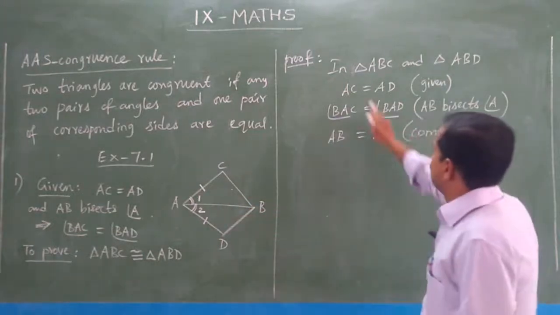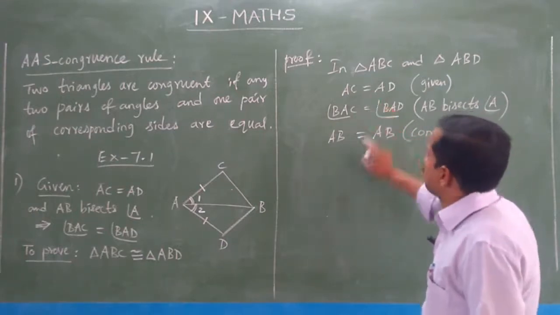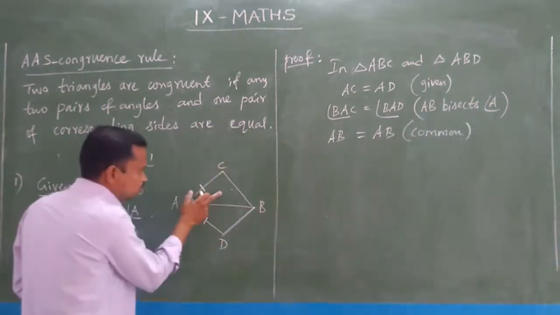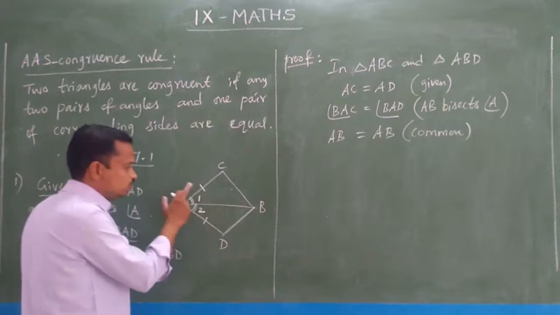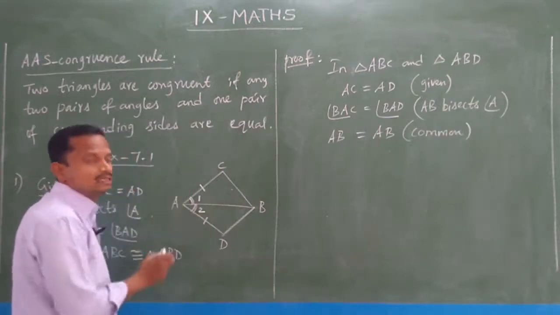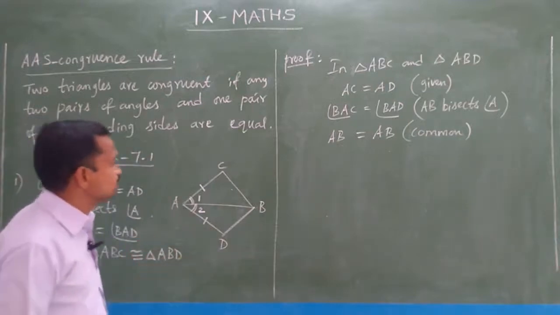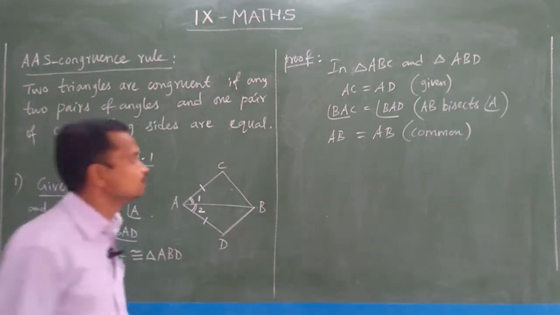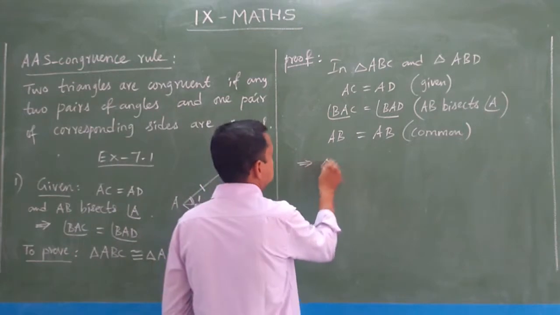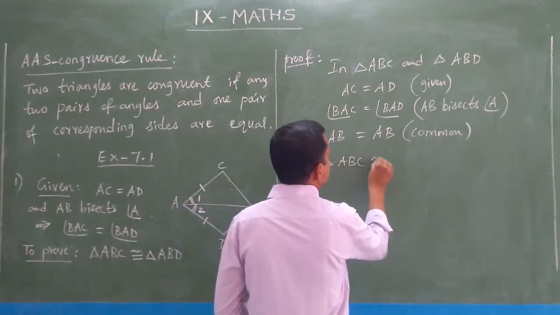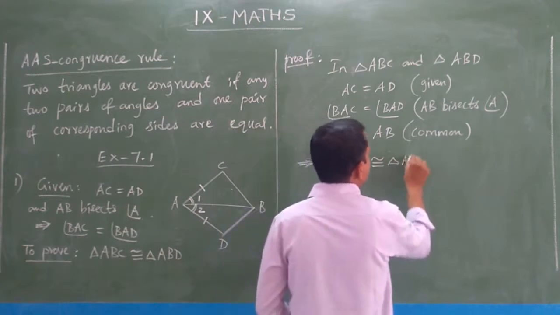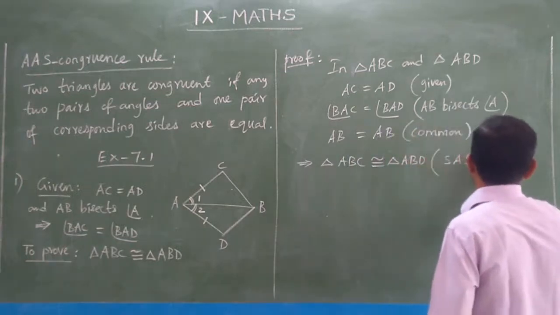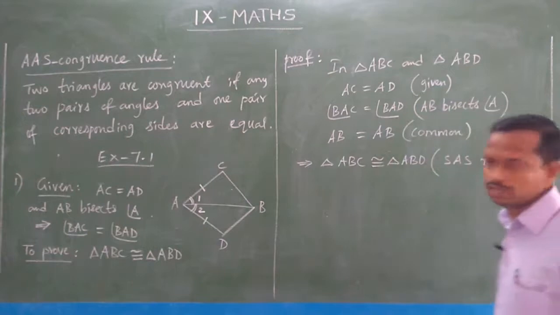Okay, so now you see one pair of sides, another pair of sides. So we have 2 pairs of sides and 1 angle. In this triangle, this is one side, AB is another side. Between these two sides, angle 1 is the included angle. Like that here also, angle 2 is the included angle. So we can apply SAS, 2 sides and included angle. This implies triangle ABC is congruent to triangle ABD. SAS, 2 pairs of sides, 1 angle. SAS rule, like that you have to write. This is enough. The reason: SAS rule.